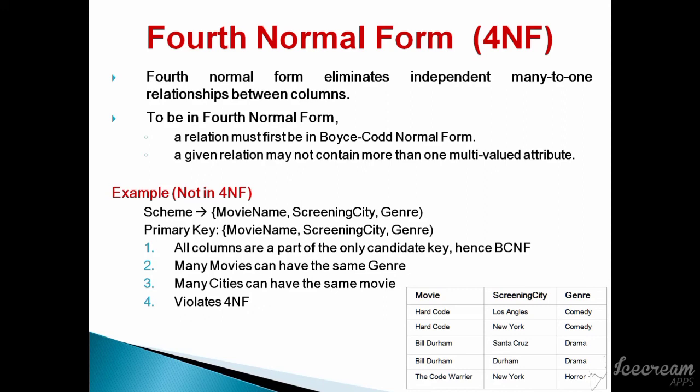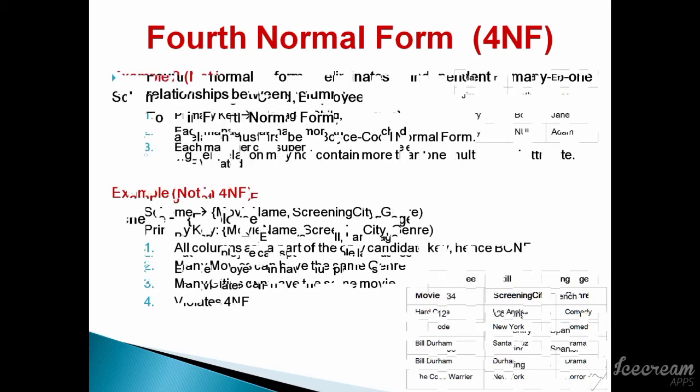a scheme with movie name, screening city, and genre. Here the primary key is movie name, screening city, and genre. All columns are part of the only candidate key, hence it is BCNF. This is BCNF but not in fourth NF. For this